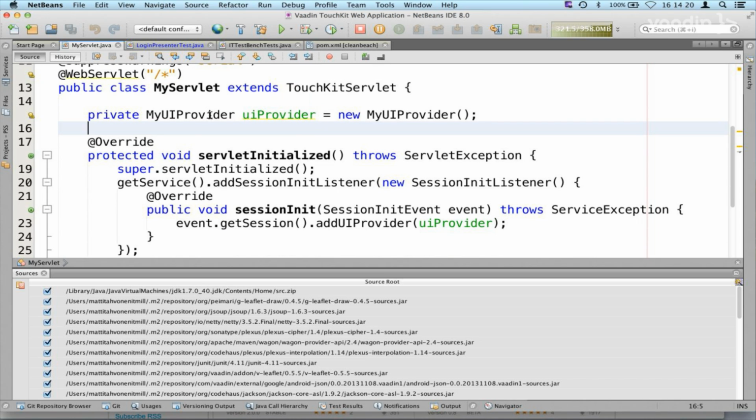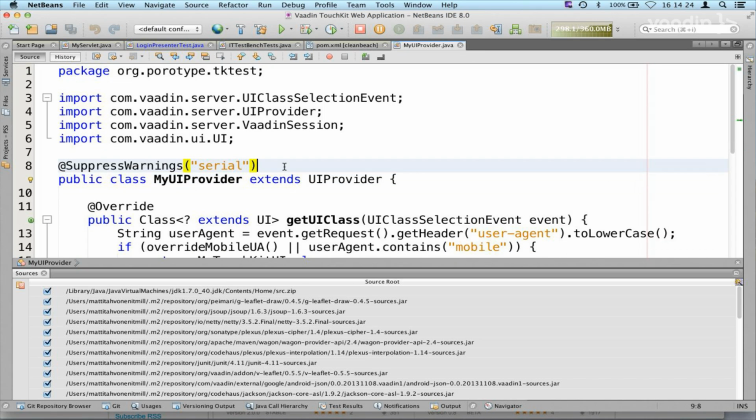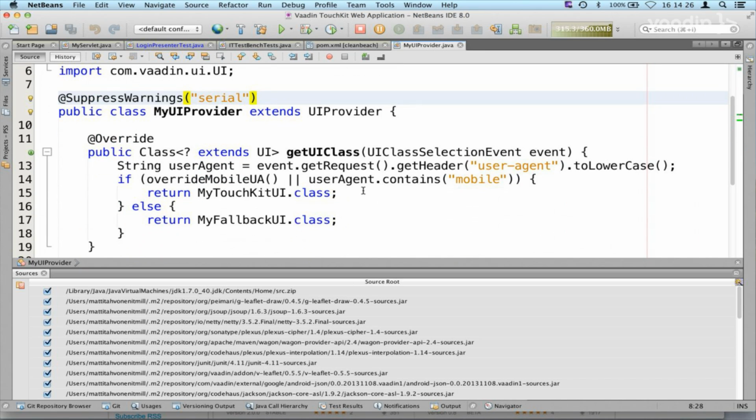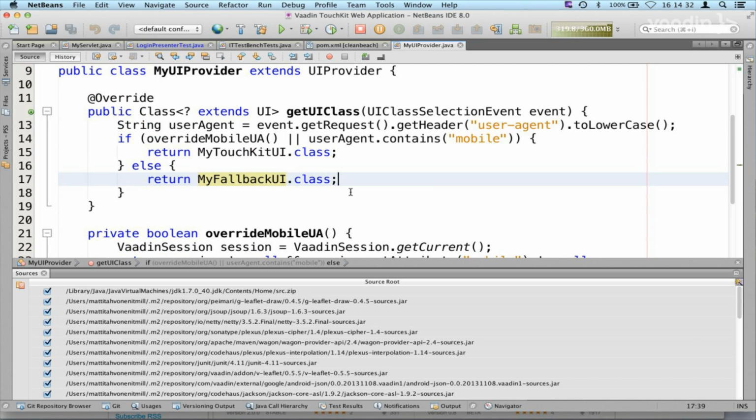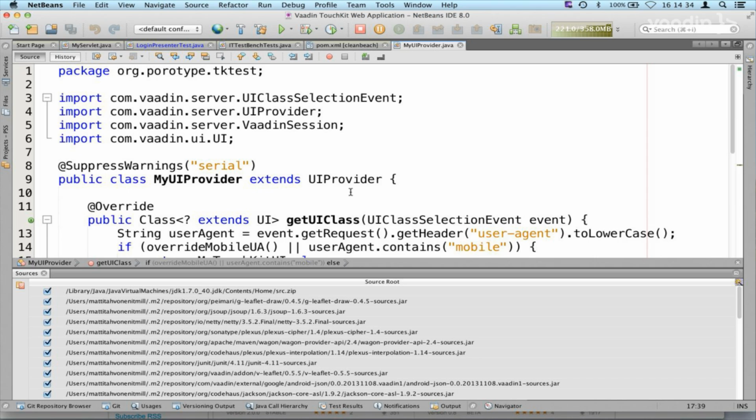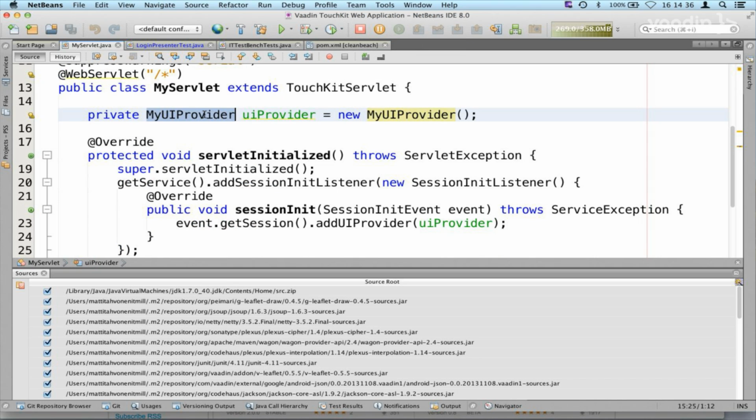And there is a UI provider by default, which does some mobile selection. So if it's a mobile browser, then it chooses a different UI and then another UI for desktop. But we will be replacing that now with, is it the CDI UI provider? Yes.